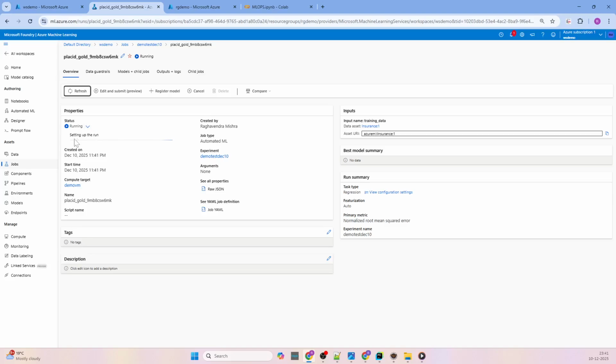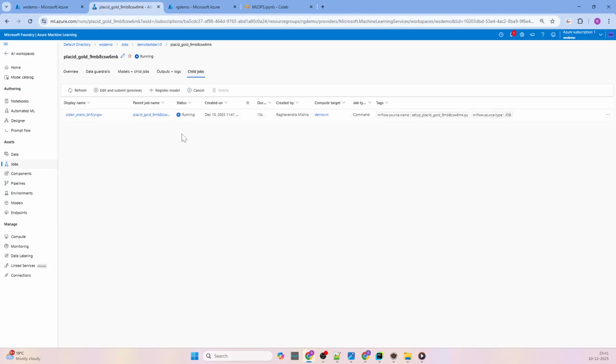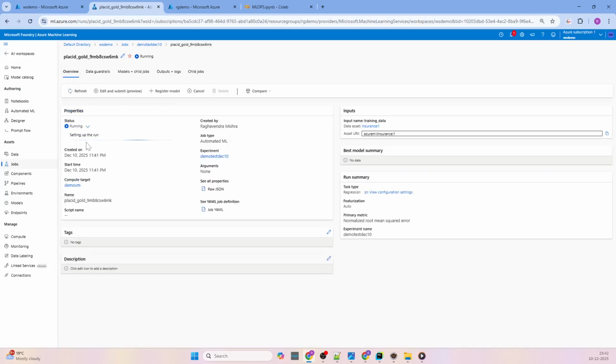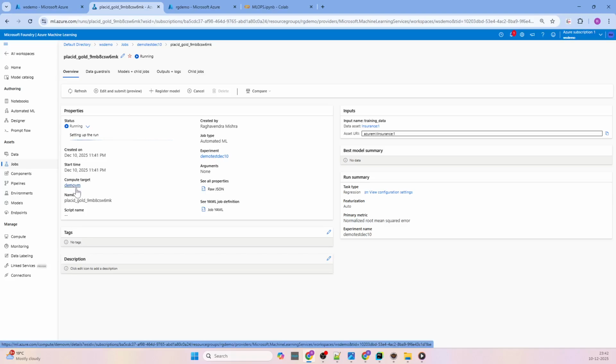So now it is running. What it is doing, it is setting up the run. Now you can see the child job also. So this particular child job inside the parent job is running, and it is running on this insurance data set. This is the compute target where this particular evaluation model training will be done. Okay,